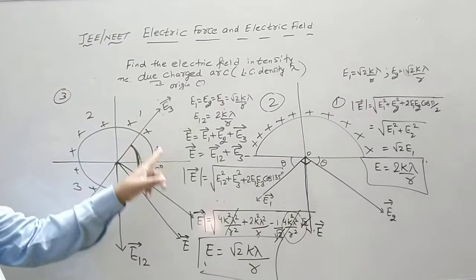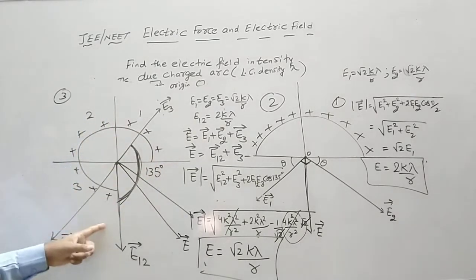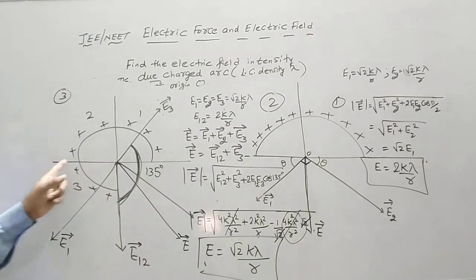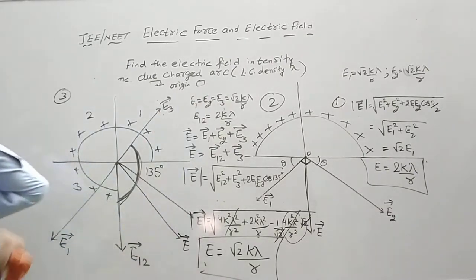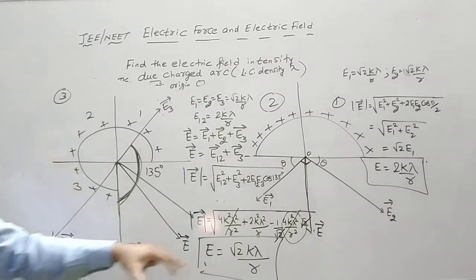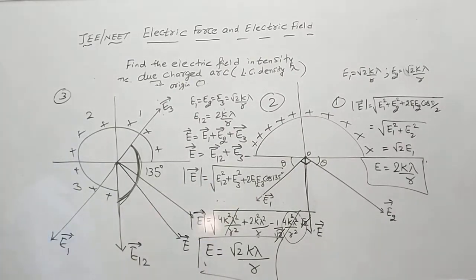So for this I can write i plus j. For this I can write minus i minus j. For this I write plus i minus j. The magnitude remains the same. So you can add that in terms of i, j, k also.